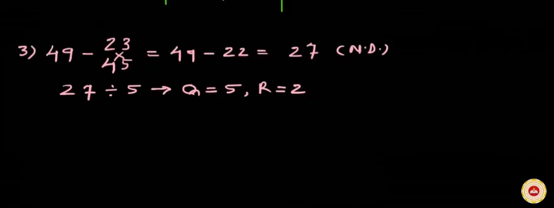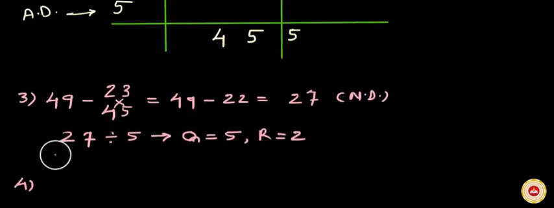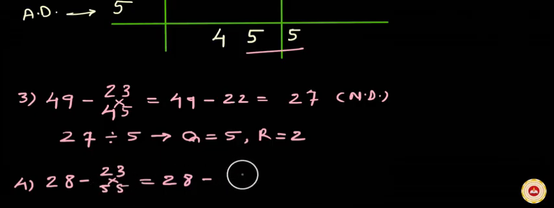So let us calculate the net dividend. Step number 4. What is the gross dividend? 28, minus the cross product of the two flag digits and the last two quotient digits, 5 and 5. Okay, calculate the cross product, which gives us 28 minus 5 2s are 10 plus 5 3s are 15. 10 plus 15 is 25, which gives us 3. This 3 is the net dividend.